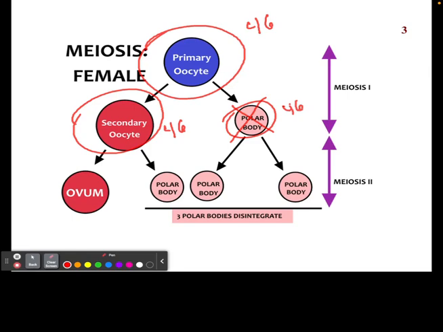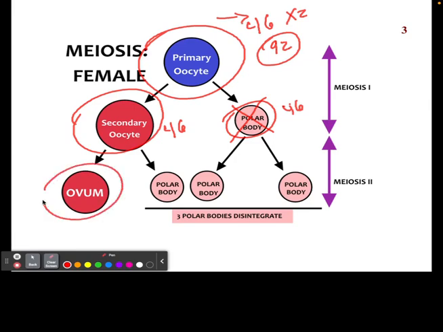because, like I said, the primary oocyte has 46. Technically, it doubles it before it even begins. So we start with 46, double it to 92, divide. We have the secondary oocyte and the polar body, which both have 46 chromosomes. And then they both divide again, which is going to produce